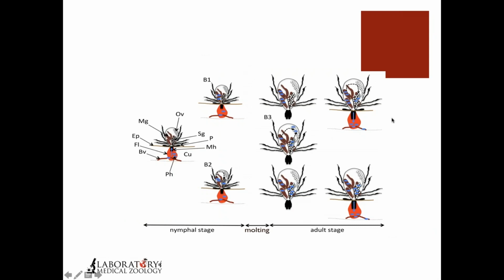So more generally, going back to figuring out what makes ticks such great vectors, or transmitters of pathogens, we have to look a little bit at the tick physiology. And I'm sorry, this is quite a busy slide, but it shows some important things. Shown here is the tick. So here are its legs, if you can make those out. And then there's an outline, a cutaway of the tick's